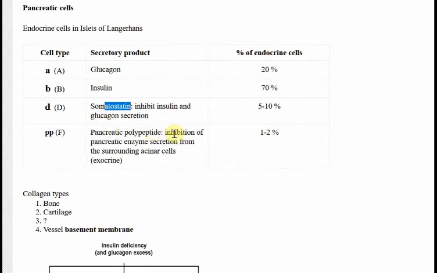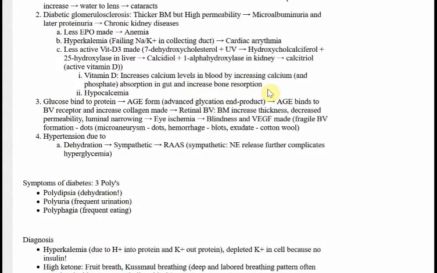Pancreatic polypeptide is a bit of a special thing, it inhibits pancreatic enzyme secretion. But anyways, the one you need to know is insulin, secreted by beta cells, and makes up 70% of the pancreas. So as I said before, in